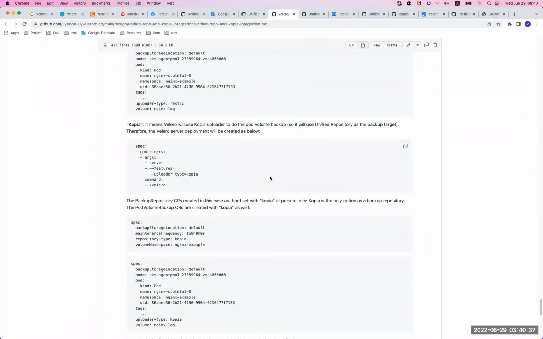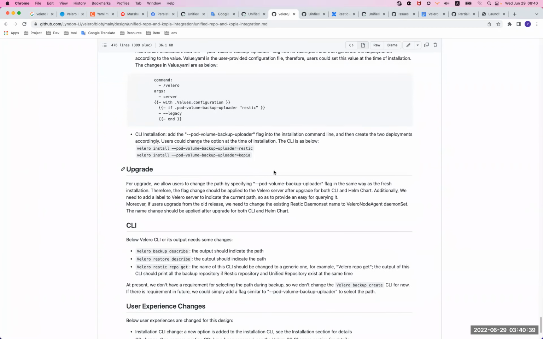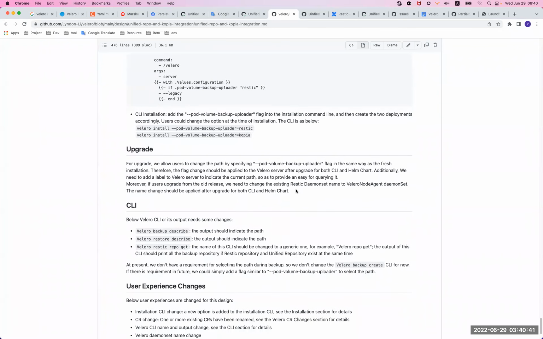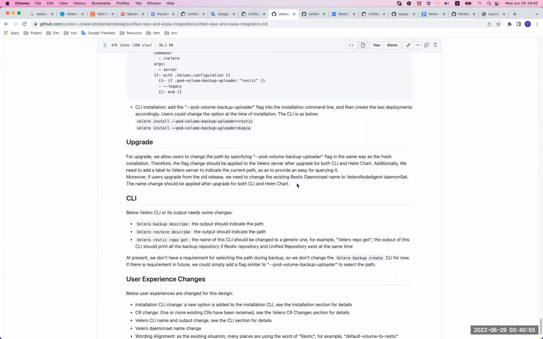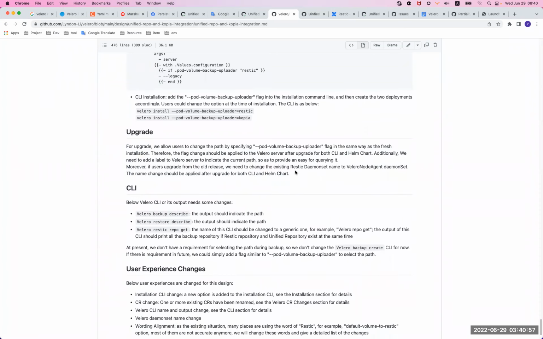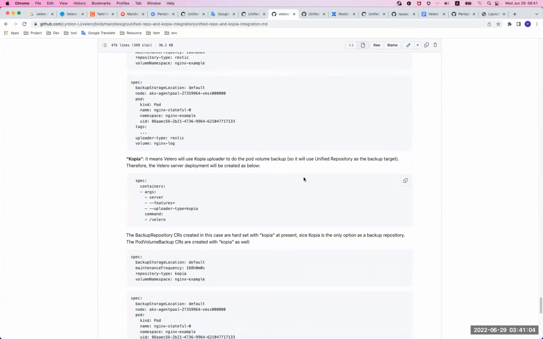Installation, there's no special changes, and upgrade. Actually, the things mentioned here are also necessary. We just want to put it out into this PR so that we don't ignore them during our development. So it's quite important because first of all, we want to change the